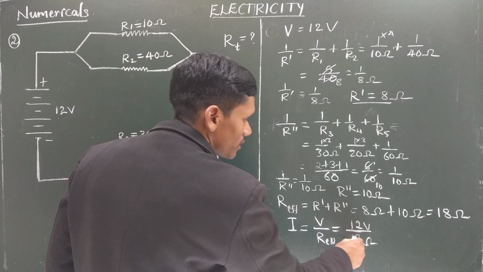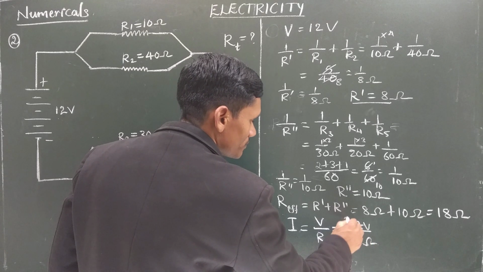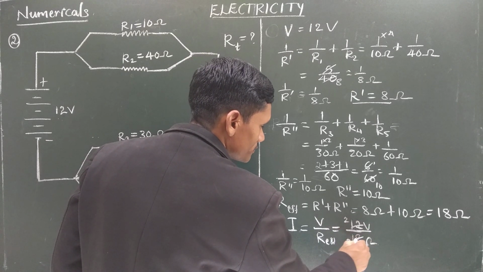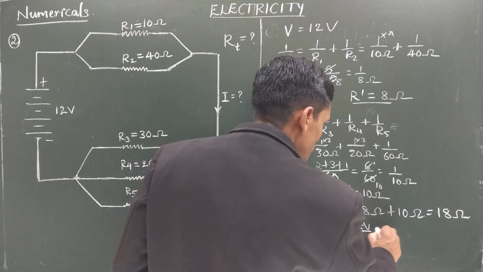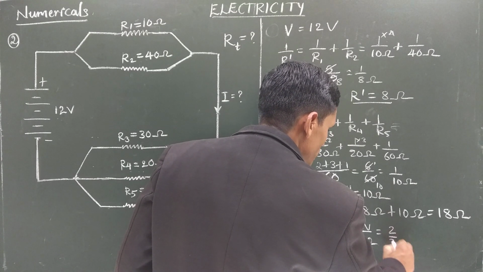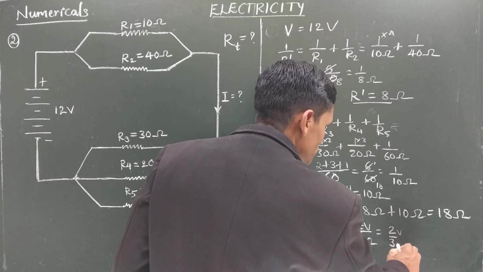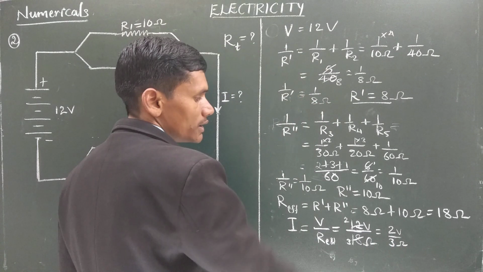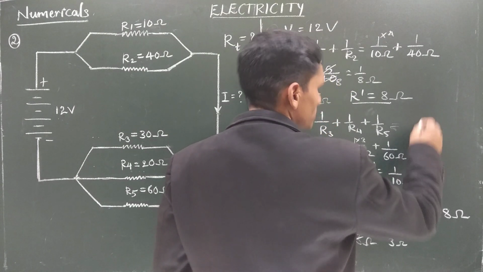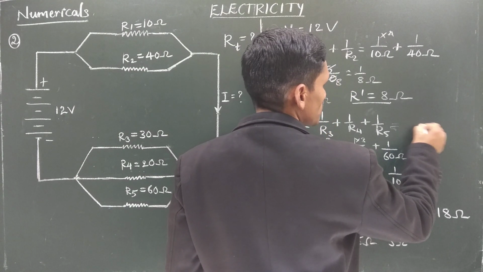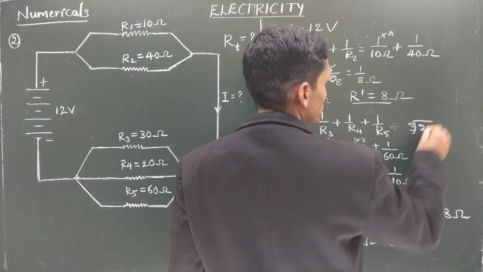Now here 6 2s are 12, 6 3s are 18, so 2 by 3 volt per ohm we got. After dividing this, how much do we get here? 2 by 3, if you take